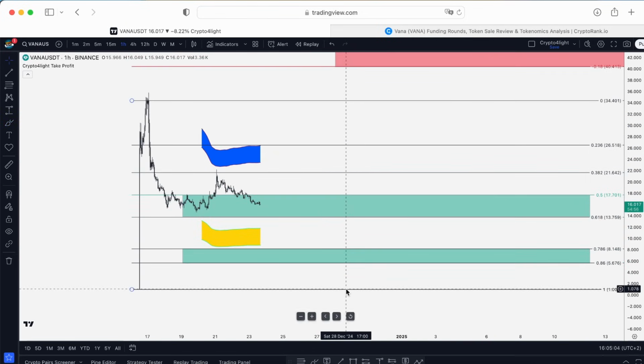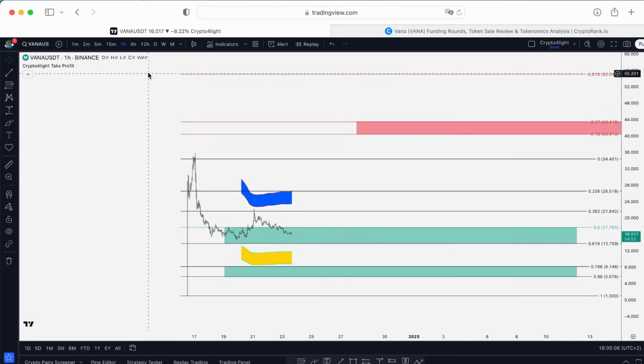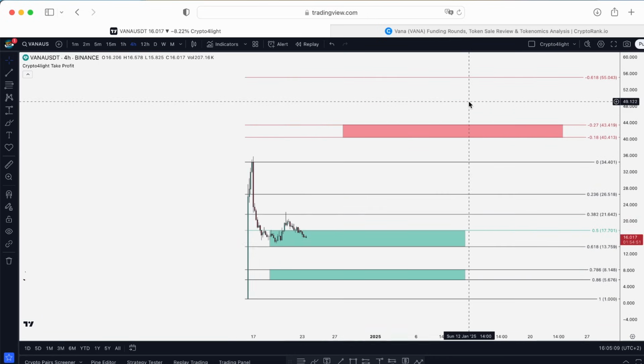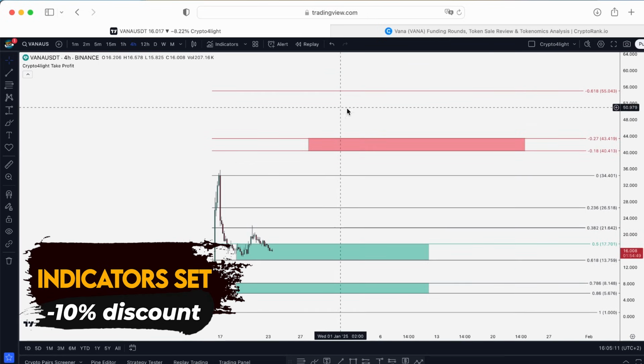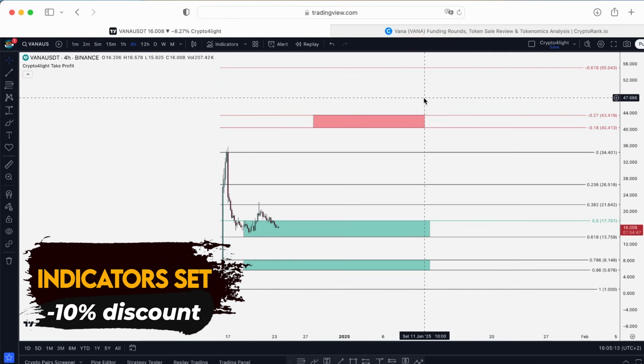And keep in mind invalidation of this idea. So guys, I will share this idea on TradingView. So we'll come back and track how the price will react to the levels. And if you would like to trade my customer setup that I showed in this video,